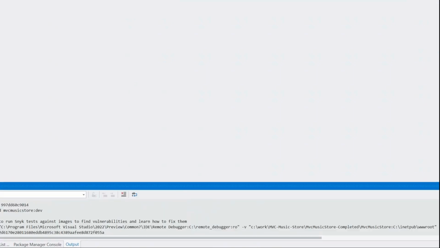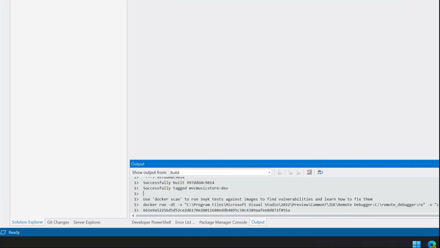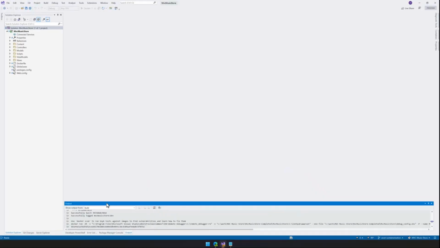So it's actually running the Docker file, and actually I should show you the Docker file as well. So it's doing Docker run, and then it's passing a command line. And what it's actually doing is it's doing a Docker run, and it's attaching the remote debugger inside of Visual Studio so that I can actually debug against the application that's running. So let's zoom out on that. Hopefully that will show up in a second. And what I did actually want to do is let's just have a look at the Docker file really quickly.